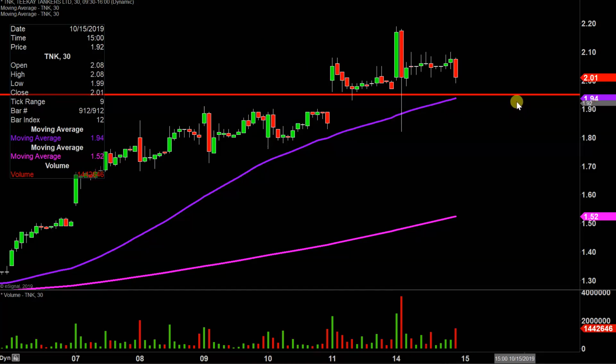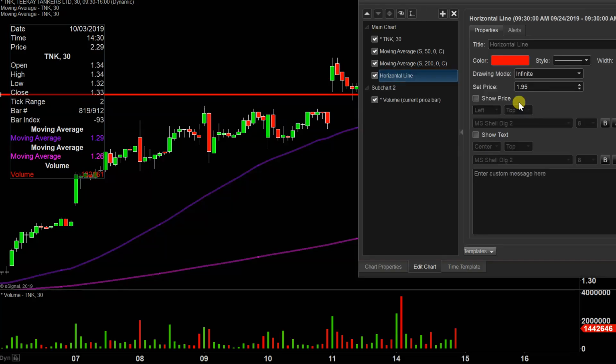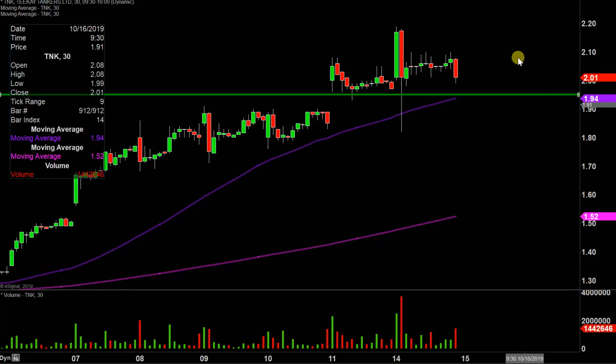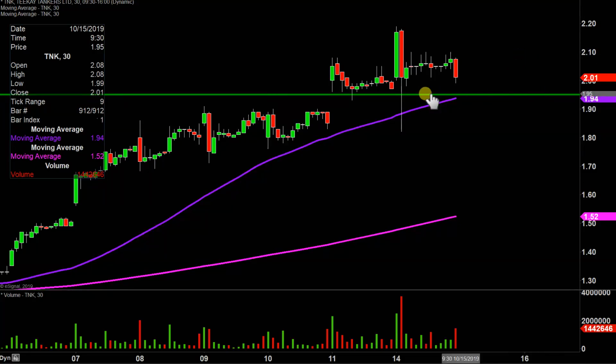The first update that does need to be made comes from a foundational rule in charting, which states when levels of resistance are broken and closed above, they tend to act as support. So one of the newest areas of support is going to be right up here at the $1.95 mark. $1.95 is going to be that preferable area to watch going forward, that you'd want to see the price stay